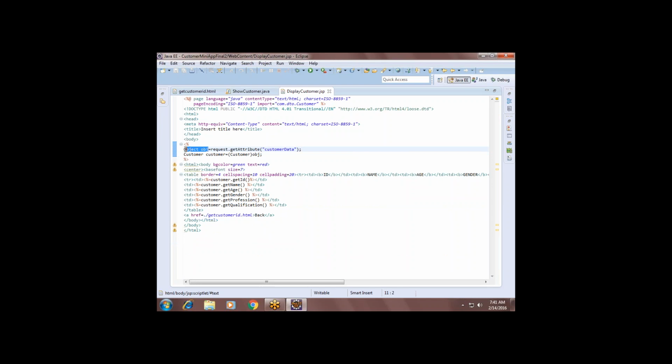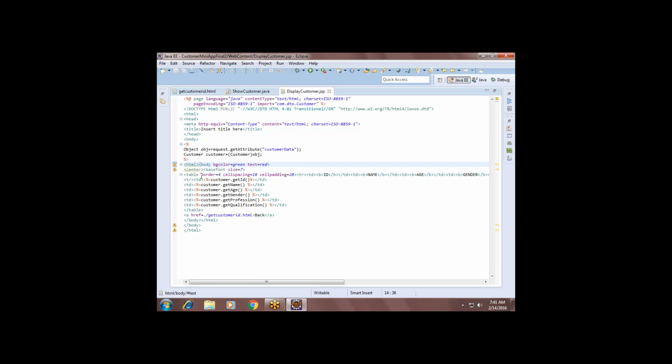into the object that I have to typecast into the customer and store into the customer object. Basically, it will come in which format? Java object format. From the Java object, I have to typecast into our customer because the data you stored in this customer data is of type customer, right? Typecast it. Now you got the data into the customer. Later we'll print it.